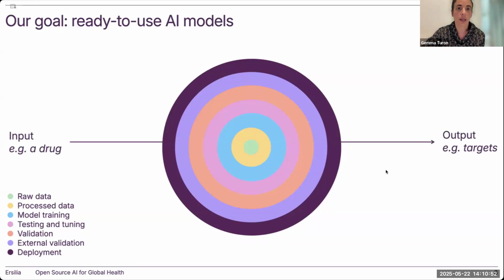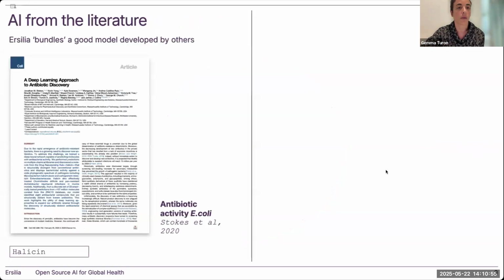So we are collecting all these models. We have different kinds of models in our hub, in this Ersilia Model Hub that we are talking about. We first have models that we collect from the literature. So we do an activity that is already aimed at making those models more FAIR. We take code that has been lying there, published, but many times not updated and not maintained by the original authors. And we implement it within the hub so that very easily a scientist can come with a question, for example, a drug, and get a prediction, in this case, whether this molecule is an active antibiotic or not, according to this deep learning model developed in 2020.